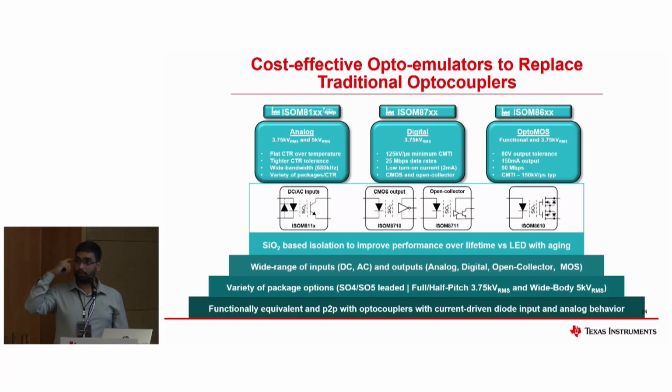The story behind optos is that these were designed and manufactured way back in the 1970s. And when I say opto, I mean photo, because they use light-based transmission across the barrier, with the dielectric medium in between being air or epoxy or some polyimide most of the time, which can never give you a reinforced or basic isolation rating as reliable as silicon dioxide.